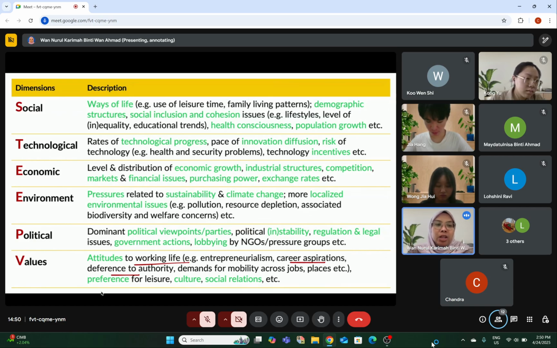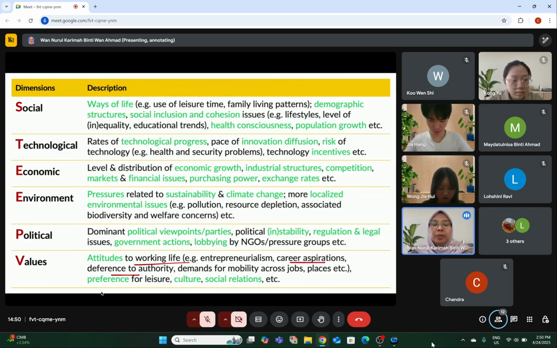And so for each of these STEEPV dimensions, you can think of many areas atau many factors that can be used to describe the dimension. And I think that is what makes STEEPV analysis more difficult for students, not only for students but for us as well as researchers, because we have to make sense of all of the information that we get through articles, through videos that we watch,